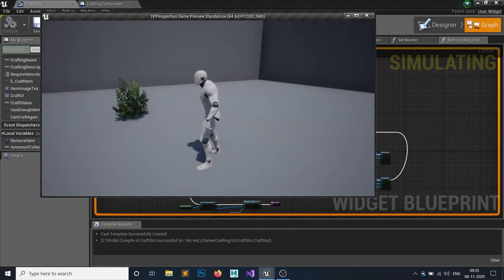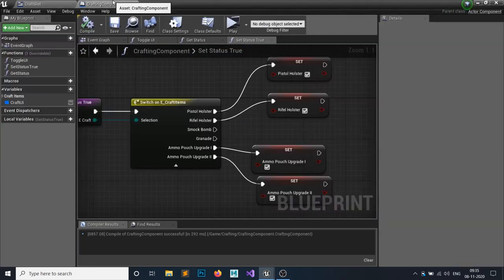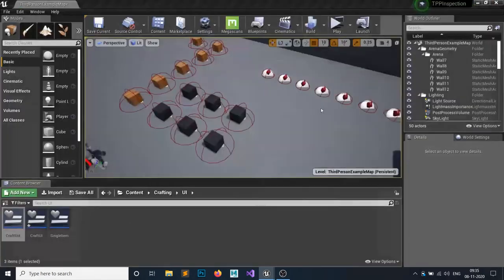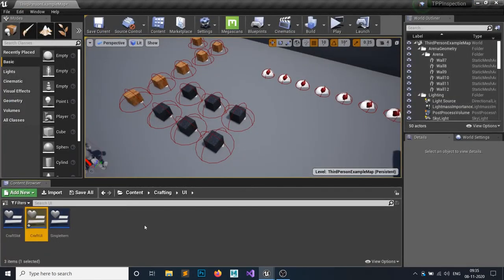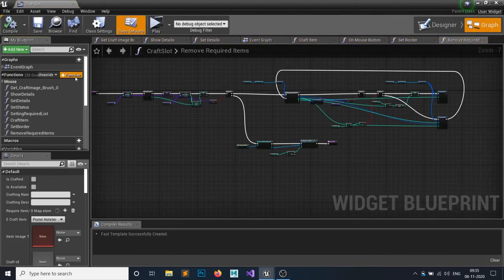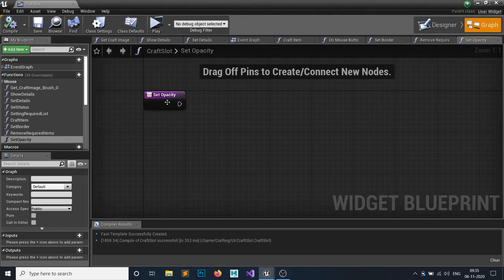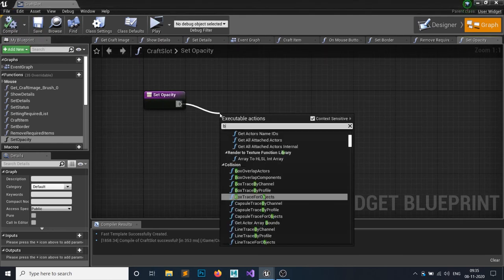So it is working. But I think something is missing in here. The opacity and other things. So let's make the opacity in here. Set opacity. So I want to set the opacity based on whether the item is crafted or not.